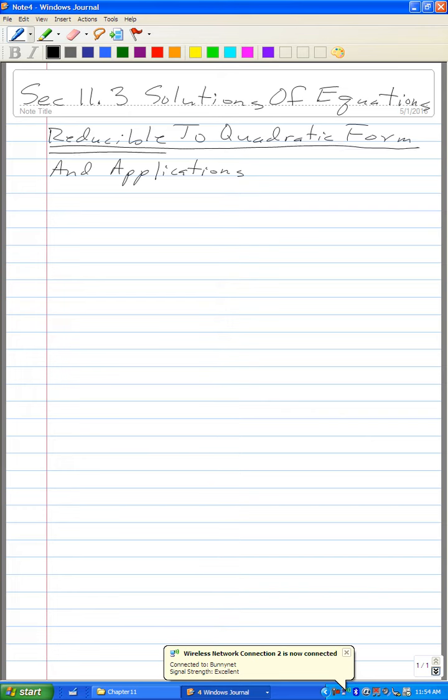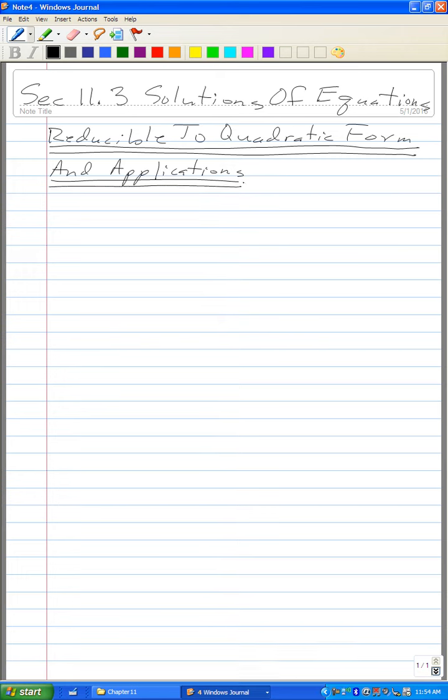So in this section, we will be solving equations in quadratic form. So let me do, on page 478,